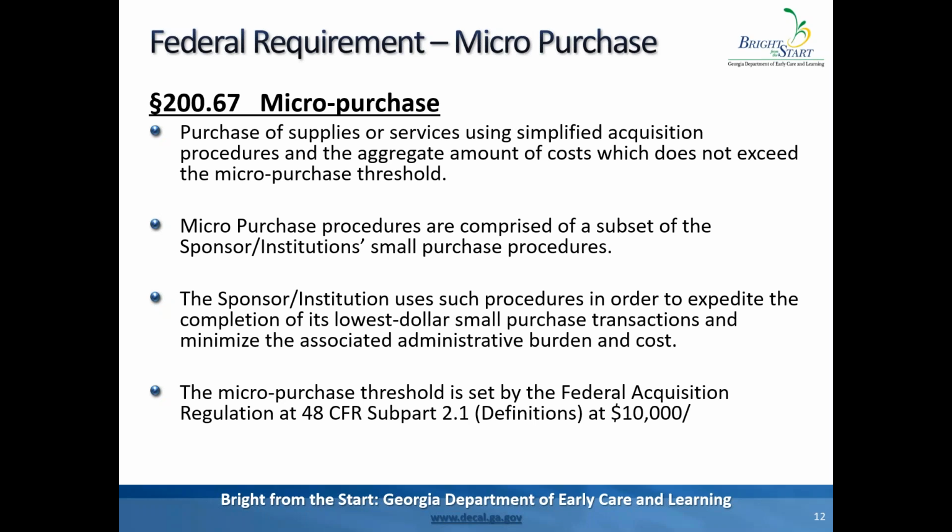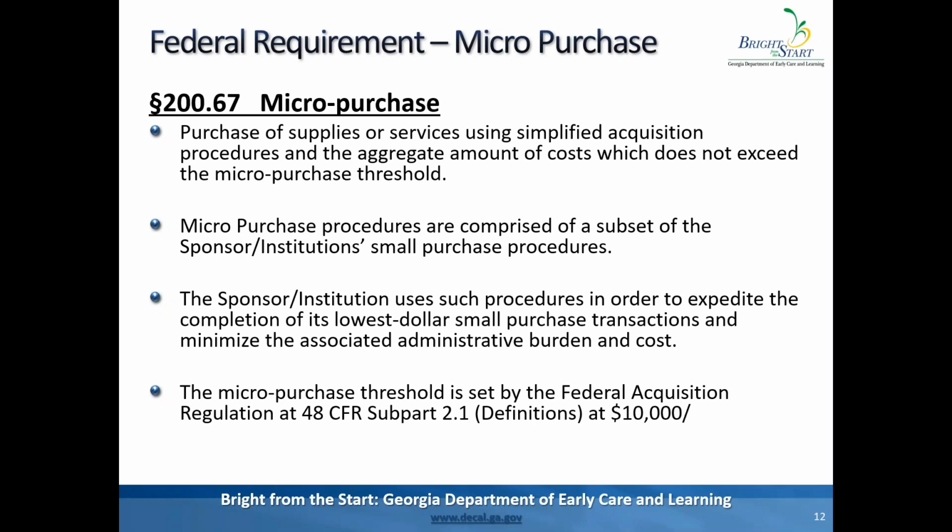Micropurchase procedures are comprised of a subset of sponsors and institutions' small purchase procedures. The sponsor or institution uses such procedures in order to expedite the completion of its lowest dollar small purchase transaction and minimize the associated administrative burden and cost. And the micropurchase threshold is set by the Federal Acquisition Regulation, which states that the threshold is currently set at $10,000,